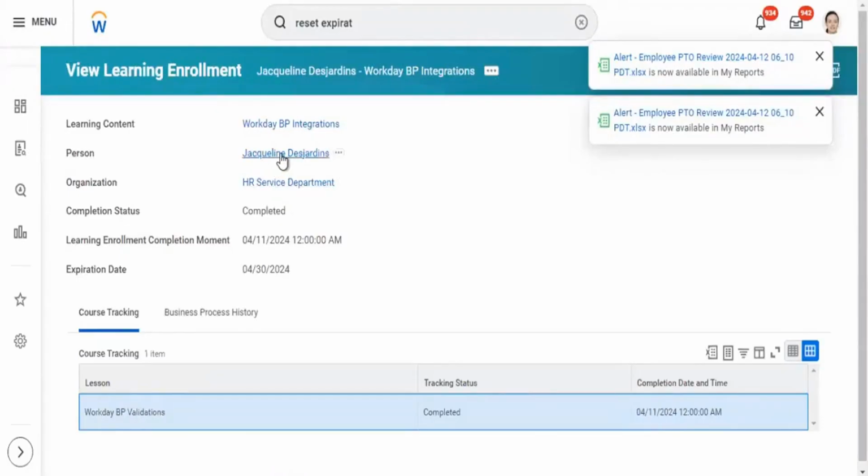The completion status we are seeing on the screen is enrollment completion, not course completion. Just the employee has enrolled into the course. Whatever expiration date you are making for the learning enrollment, say the 30th, after the 30th you cannot enroll into this course. For that particular course, you are setting a kind of expiration date. Till the 30th the employee can enroll. After the 30th they cannot be enrolled.